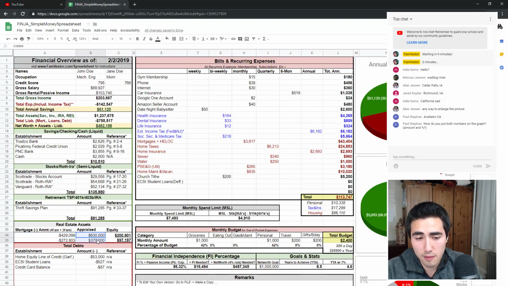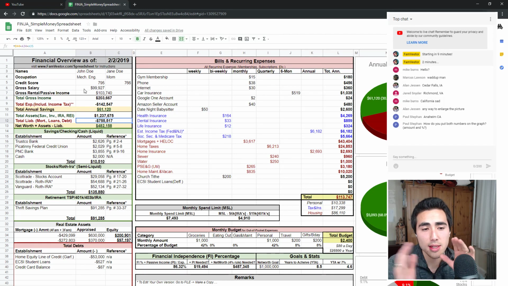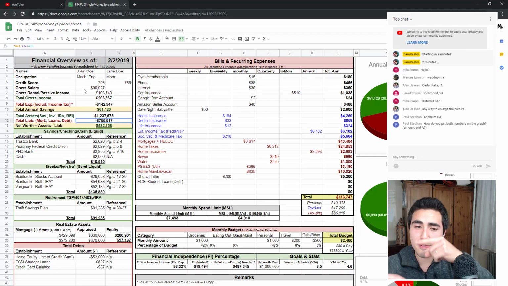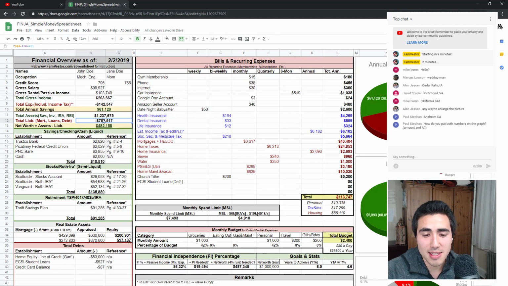Here's the appraised value of those real estate assets, and then the mortgages I have on them. And that contributes to equity, which then contributes to my net worth. So all that equity and the total number of the accounts goes into my total assets, and then all the liabilities get added up for those liabilities. So that's that section. To the left is all the assets and liabilities.